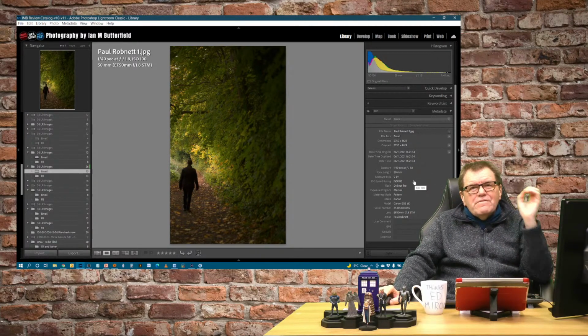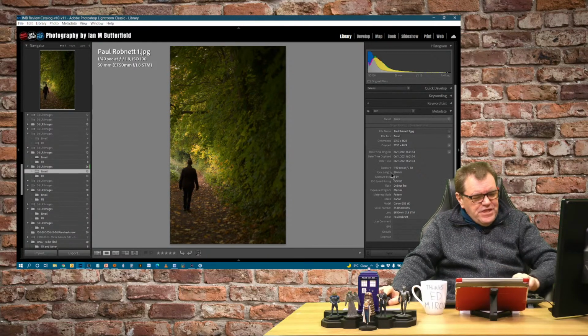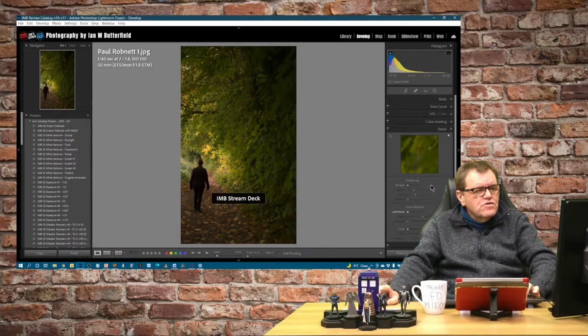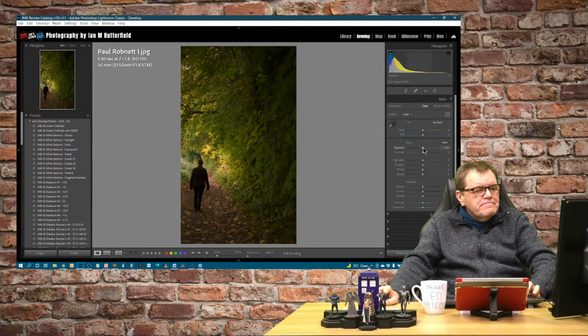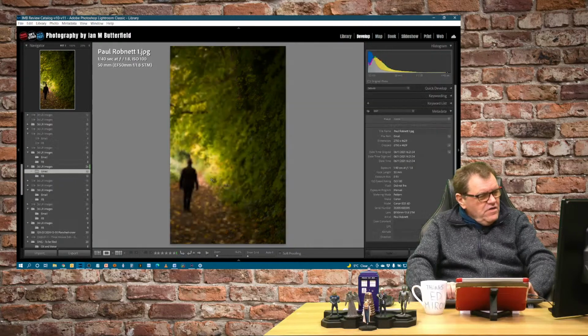And for me, the rule of thumb on where you focus is where you want the viewer's eye to go. That's the thing you should be focusing on. So in this case, you want the viewer's eye to go to the person walking down there, so they should be the sharp item. I like the colours on it. I think it could probably just do with a little brightening up on there, maybe a bit of contrast to it, so this becomes a bit more of a silhouette. But yeah, those are my thoughts on that.